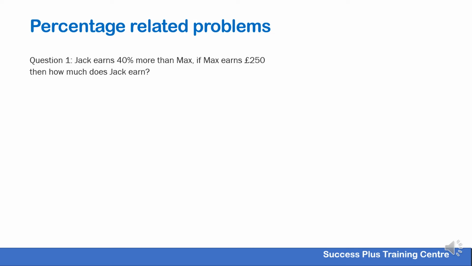Question number 1. Jack earns 40% more than Max. If Max earns £250, then how much does Jack earn? In this question, we cannot use the percentage tree, as we are comparing two amounts using percentages. We know that Jack earns more than Max. To make both amounts the same value, we need to add 40% to Max's amount. This means Jack